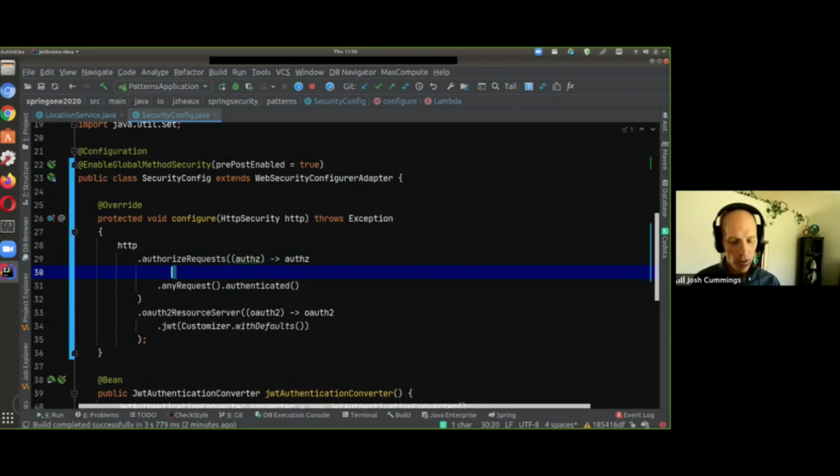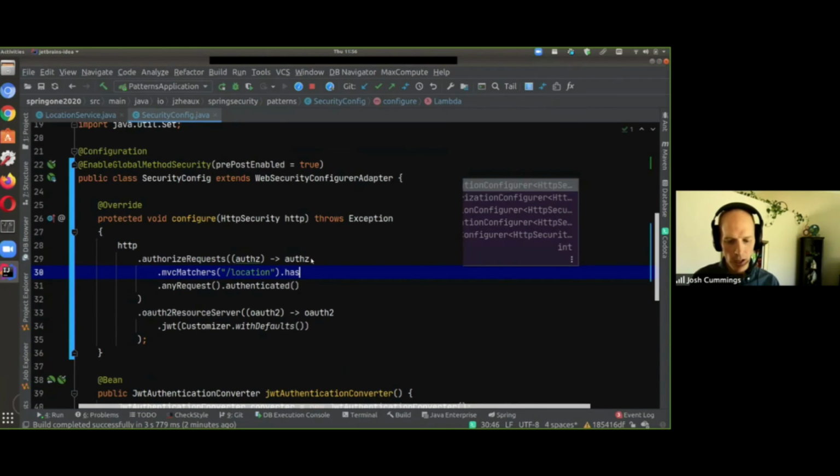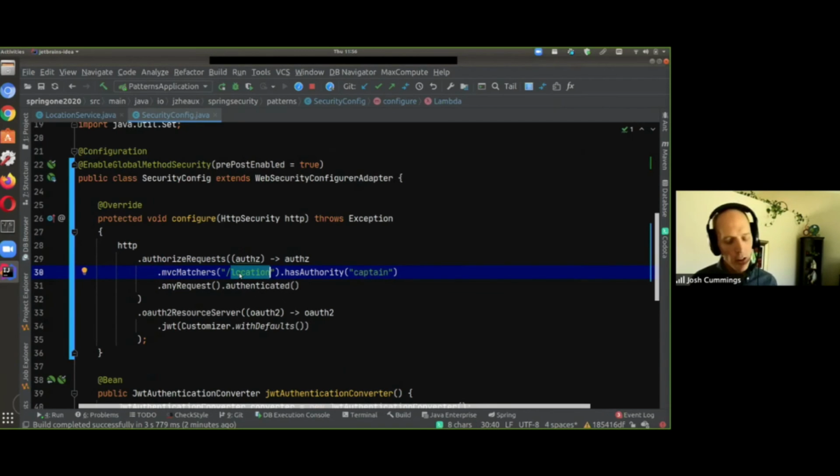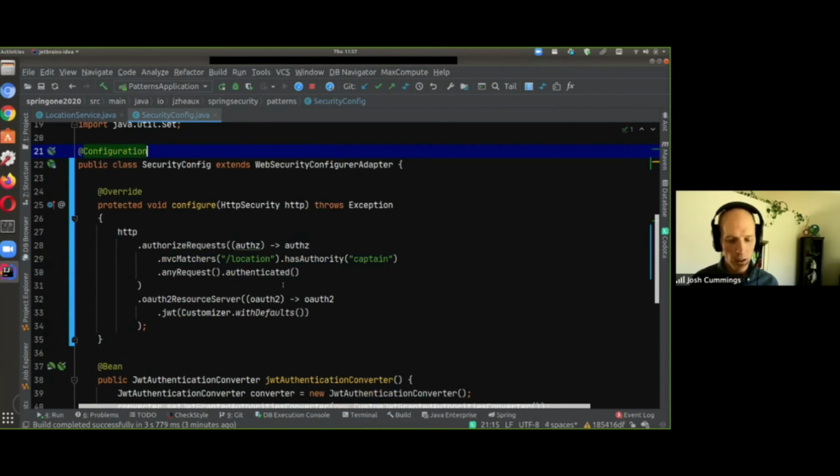Instead of putting it on each method, we can go ahead and specify the endpoint here and say that we require that it has the authority of captain in order to be able to call the /location endpoint. Now notice this is request-based instead of method-based, but also notice that it's all in one location. If you use the DSL to declare all of your intentions, then imagining a larger, more complex application, there's only one place in your application that you need to go to in order to see